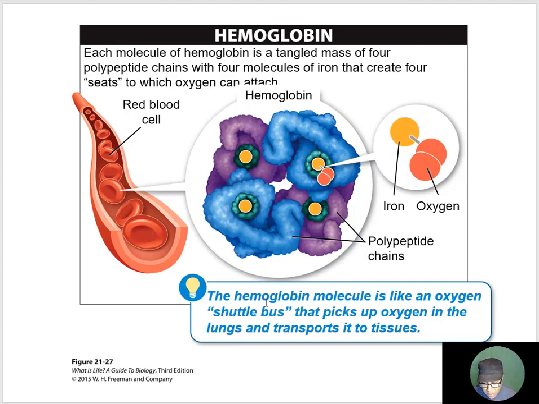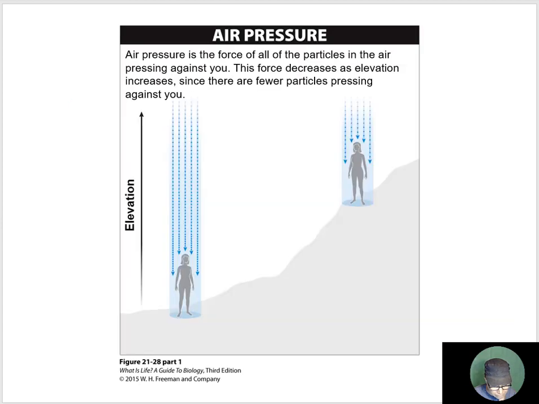So the hemoglobin molecule is like an oxygen shuttle bus that picks up oxygen in the lungs and transports it to the tissue. So it is very attractive to oxygen, depending on how many open seats it actually has. It has 4 in total that it can fill, okay? Really important to understand that. But it turns out that